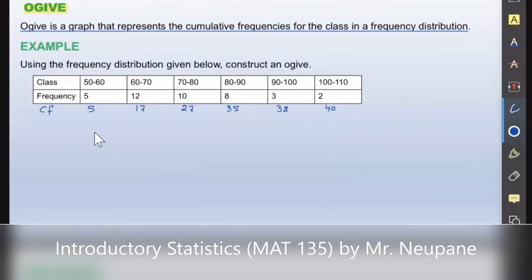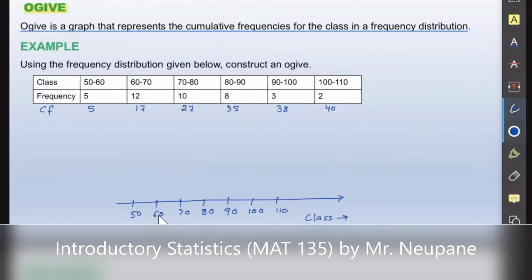So we have the cumulative frequency. Now we are going to create the ogive. So it is the graph between these classes and the cumulative frequency. Along the x-axis, you are going to draw those classes. The first class is from 50 up to 60. The next is 60 to 70. It is continuous. 70 to 80, 80 to 90, 90 to 100, and 100 to 110. So we have these classes